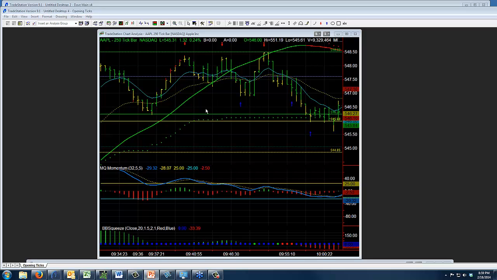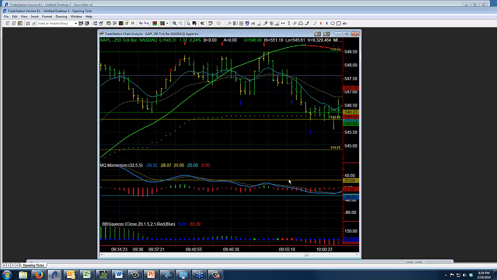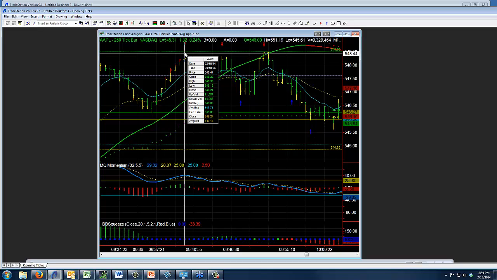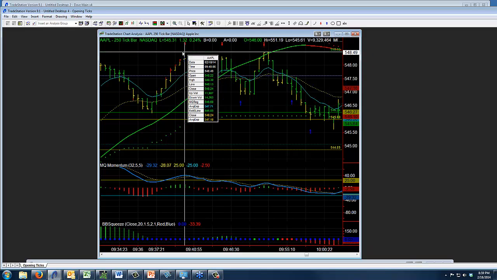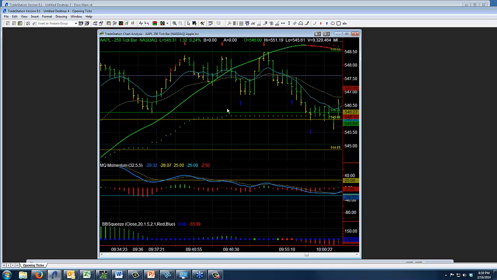Now, those diagrams that I showed you, the examples, those are really pretty. What I'm showing you now is real life. Excuse the fact that I can't draw on these, but here's Apple. You see it's on a 250 tick bar chart. This is the standard size we normally trade. We come up here at about 9:40 in the morning, and we make a first high right against this resistance level at 548.50. Okay, so we come down, have downside momentum, and then prices come back up, hit moderately